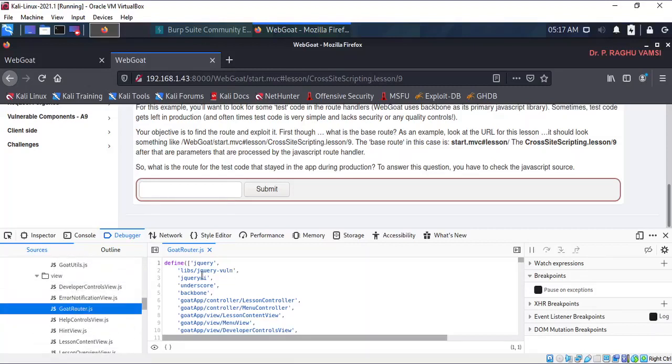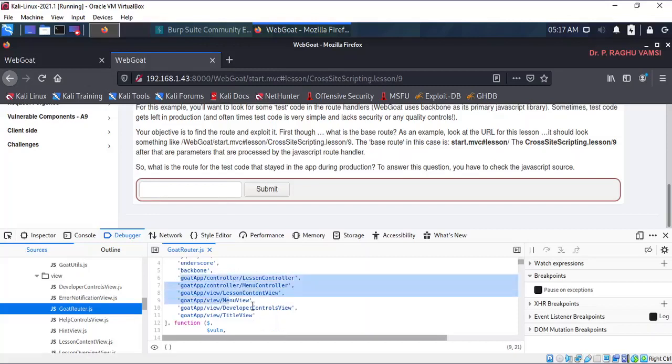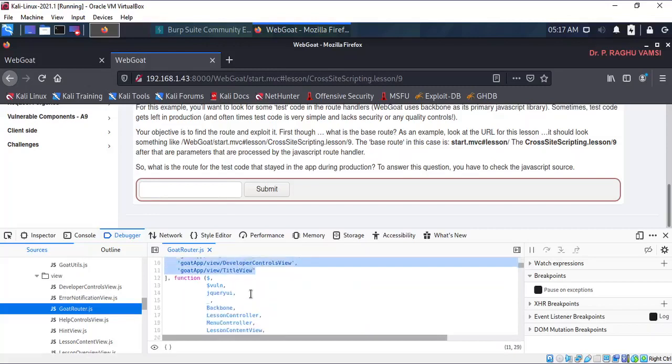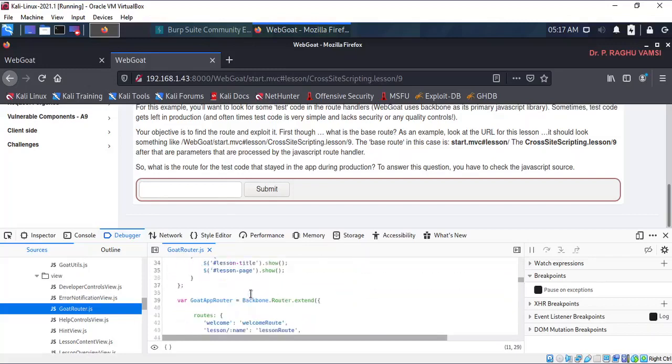The goat router was already opened here. In this goat router, we have goat app slash controller slash lesson controller. These are the various routing paths that are available here, and the routes are there.